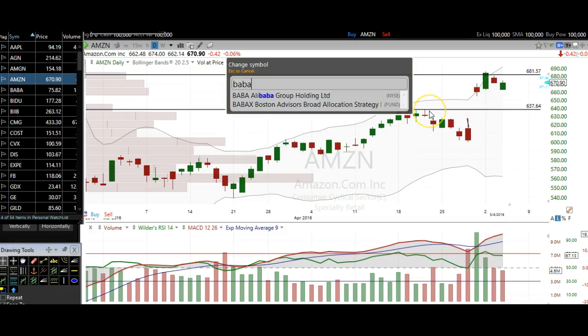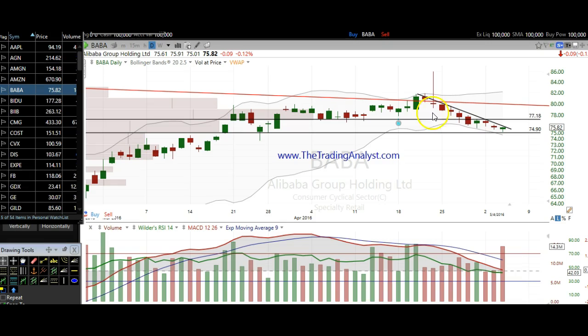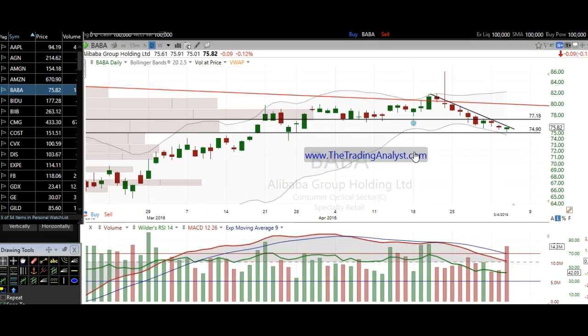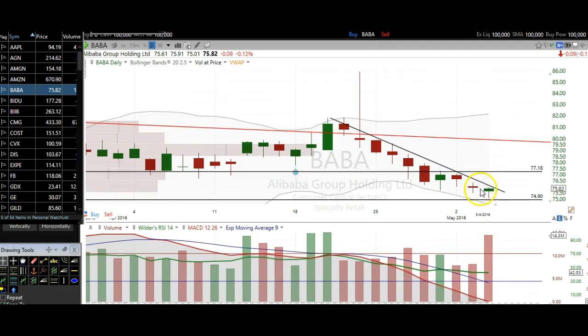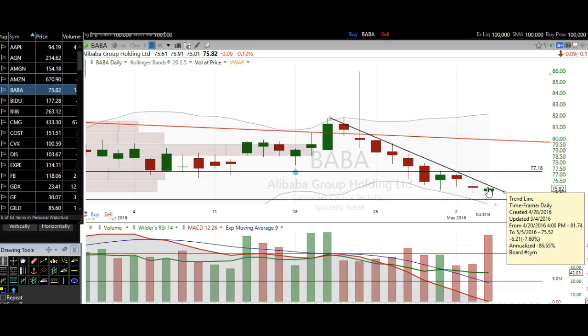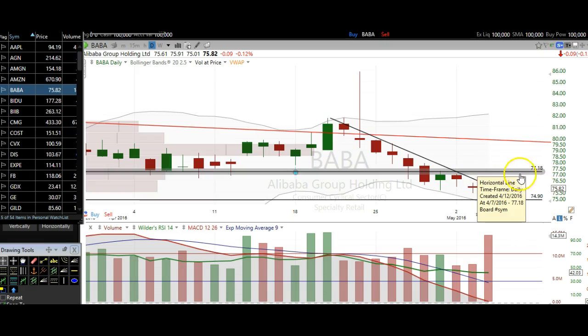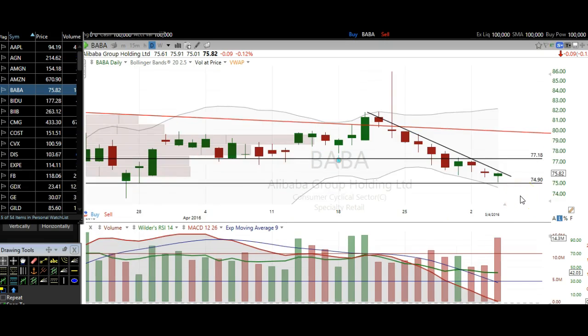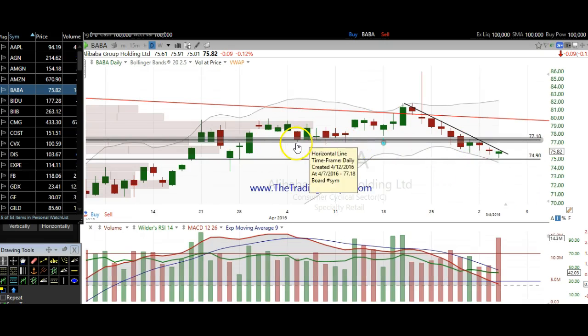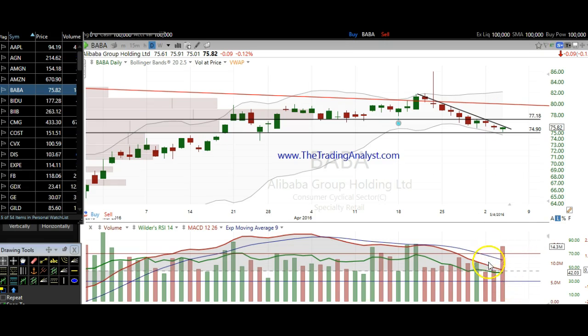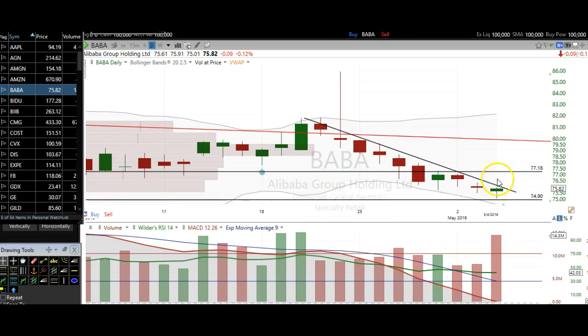Next, I want to cover BABA. And BABA, we're coming up to a pretty decent support, and we hammered today, and we're going to look for a potential break over the highs of today, over this trend line, and we can retest this resistance up here at 77, and then probably coming down from there. This is pretty big resistance that we broke through. But again, right here we've got this pretty heavy volume today, well over the average of the last few weeks on this hammer. So they bought the lows here on